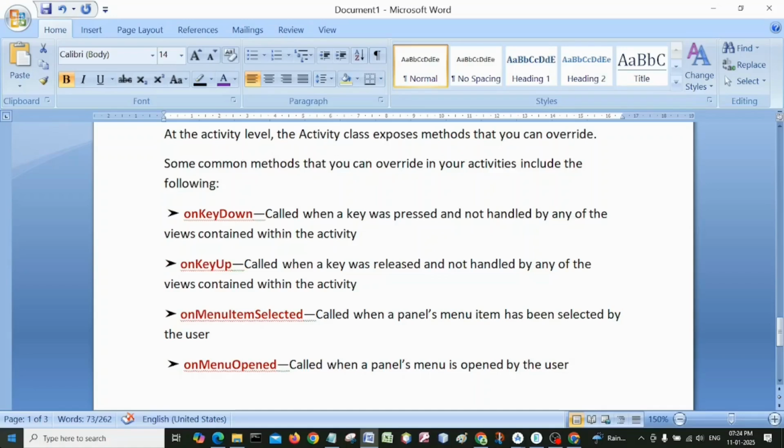As we know, a menu contains a collection of options, a list of items under it. When you select a particular element, then the onMenuItemSelected method will be called. Okay. Next, the onMenuOpened method will be called when a panel's menu is opened by the user. When a menu is opened, this method will be called. When a menu item is selected, this method takes charge of executing the business logic given under that. So these are